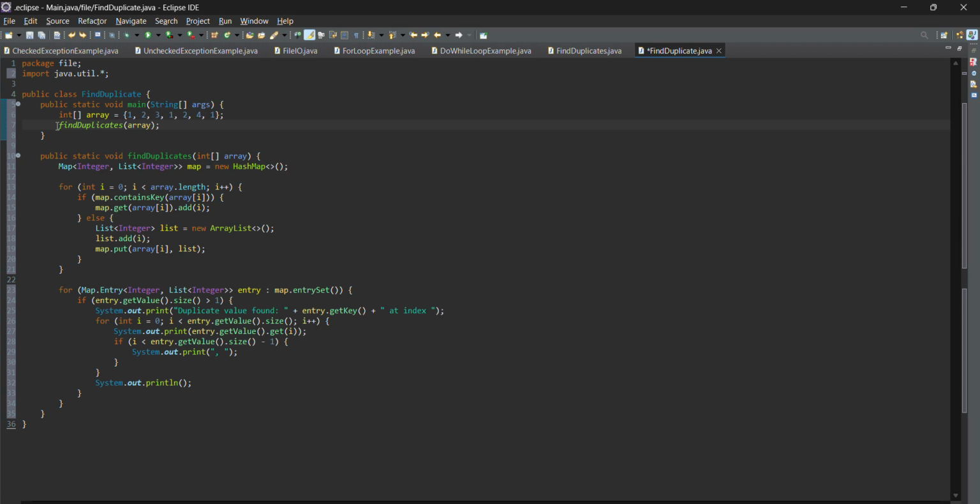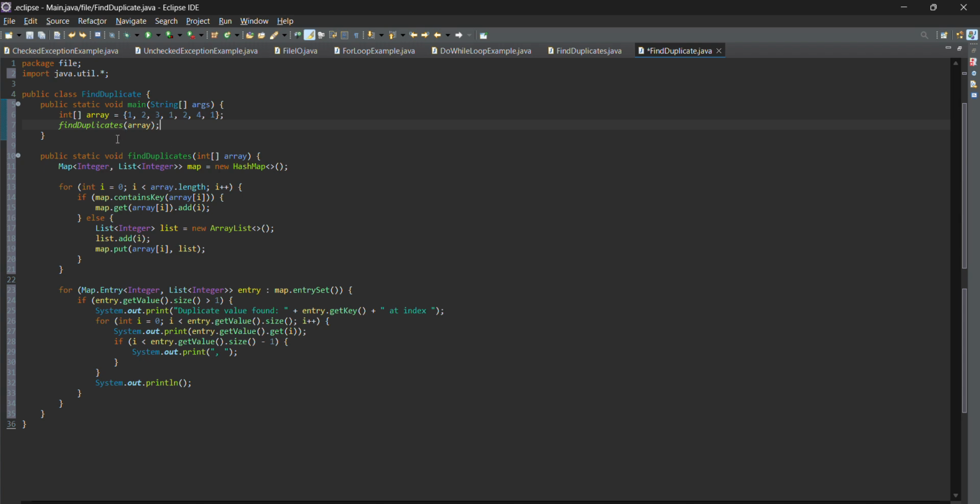Another one is findDuplicates, also the method to find the duplicates. This array contains some duplicate values: the number 1 appears 3 times and the number 2 appears 2 times. As you can see, this is the initialization of the array.